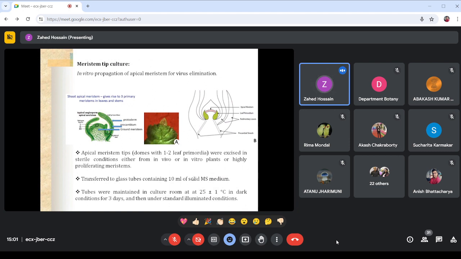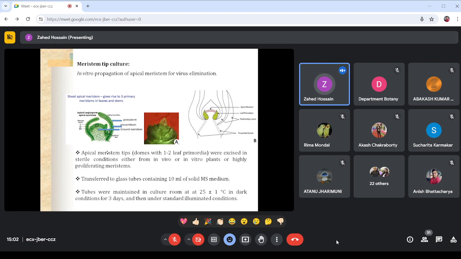As I mentioned, it should be virus free. To raise virus-free plants, usually meristem tip culture is used as an explant. Here you can find the structure of the meristem. This is the apical dome, and these are the one or two leaf primordia. This part is known as the apical tip or the meristem tip. If you excise this tip and use it as an explant, there is a chance that